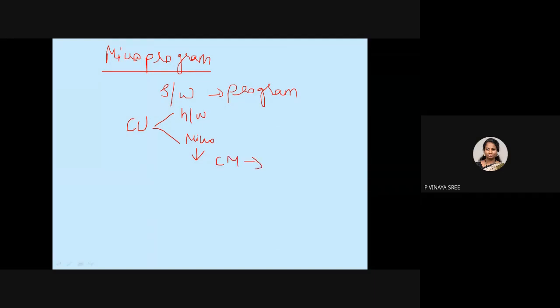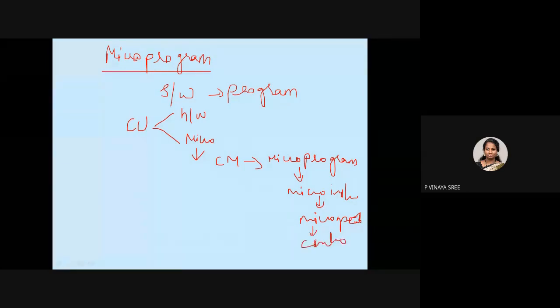This program is a collection of microprograms, and these microprograms will have a set of microinstructions, and these microinstructions will have micro-operations, which, if executed, generate control signals. This is about the microprogrammed control unit.